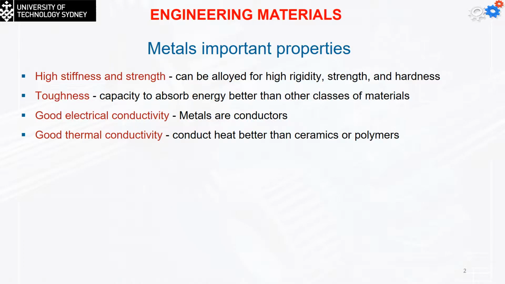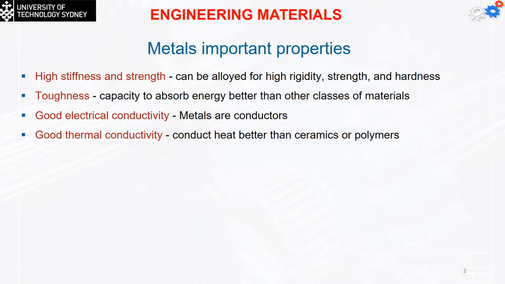Now we are going to talk about the engineering materials in general, because we covered that last lecture and showed you a diagram of the classification of the materials. Today we are going to go into details about the different metals we are going to use. So, the most important properties we have for the metals are,